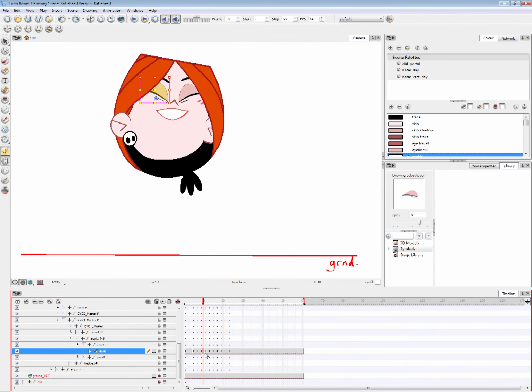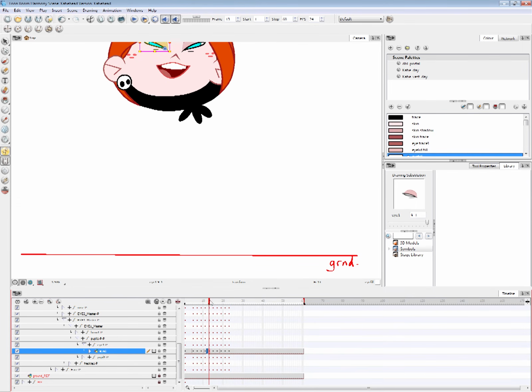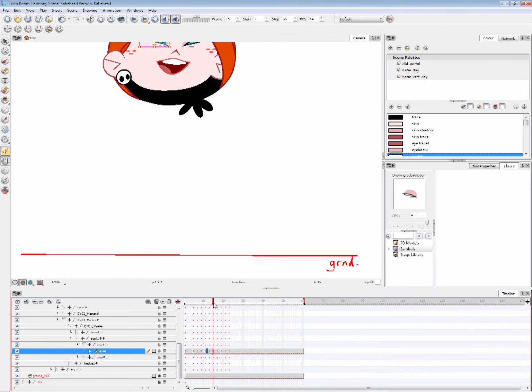So here we have drawing number 8, and we'll switch to number 9_1, but we want to keep that instead of switching back to 9. So you can go to the next frame and switch there, and it should switch for all the rest of it until it hits the next different drawing.